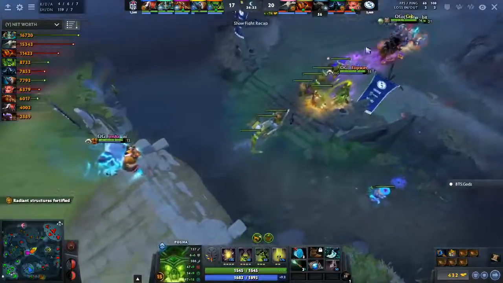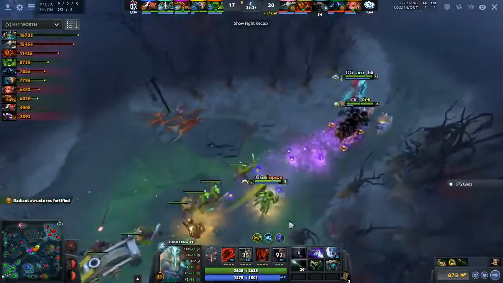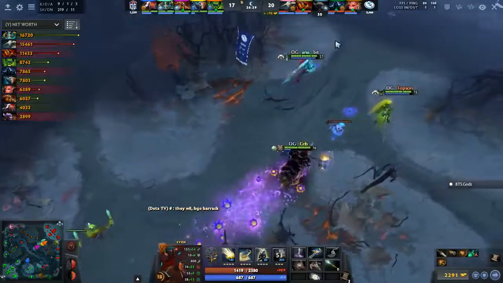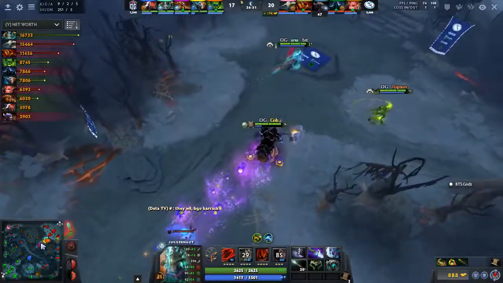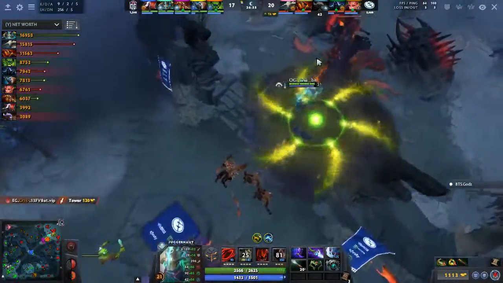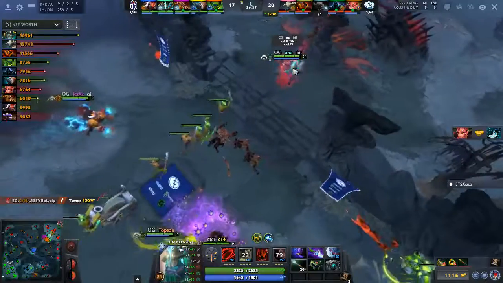Okay. And I love what Ana did there. He instantly uses Omni Slash on Sven, so he can't take the fight. Even though he popped the God Strength, he was on half HP. Can't really come back, especially if Abaddon is not healing him. They're still going. Dire's mid, they try and push this one. They pull back the Pugna, but they feel